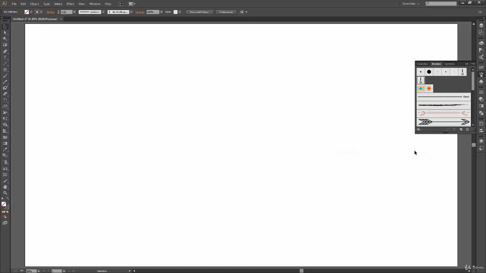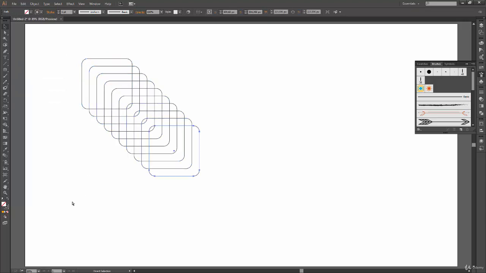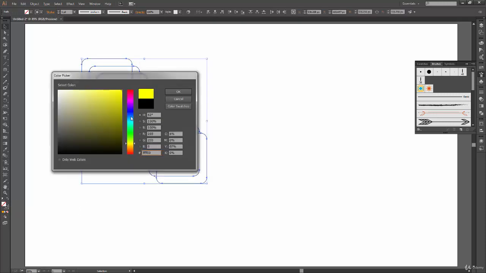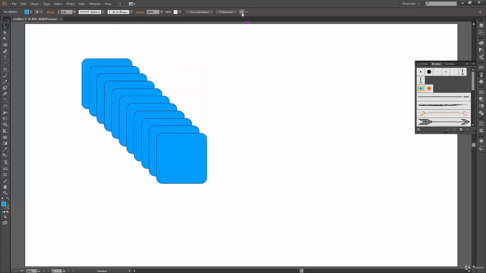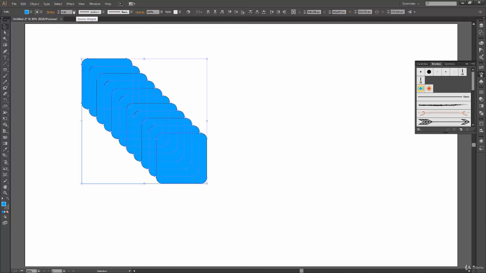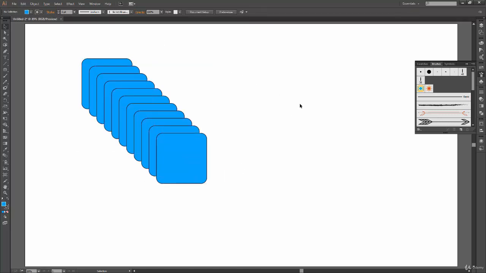Now let's see our next tool, which is eraser tool. To learn eraser tool now, I should have a few shapes with me. So let us create a few shapes over here. Again, rounded rectangles, and we will duplicate it over here and press Ctrl D several times to have something like this. And we will have some kind of fill inside this. So let's fill blue, a little cool color, so that it just looks good, and have a little thicker outline to 2.